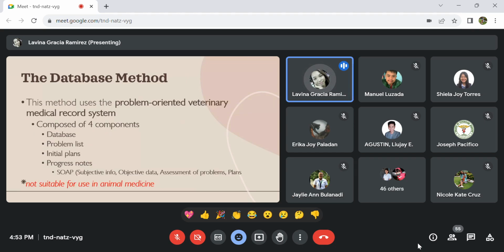Okay, so in the database method, we also have the problem-oriented veterinary medical record system. Most of the elements in the database method are based on the problem-oriented veterinary medical record system, which is composed of the database, problem list, initial plans, and the progress notes. Okay, in the progress notes, this is what I was saying earlier, no? That in the progress note, it is